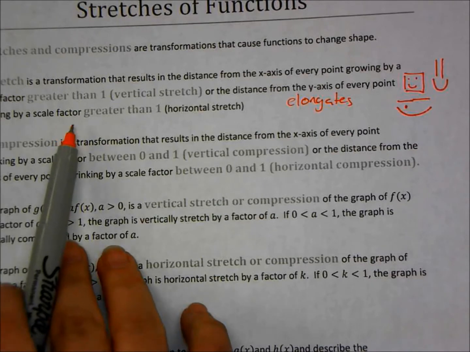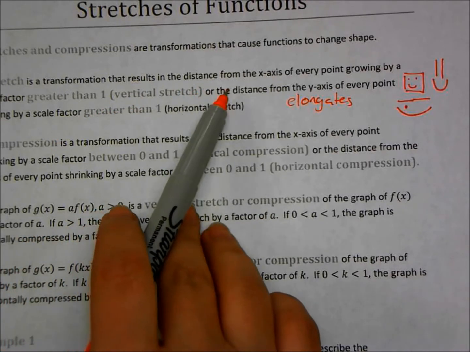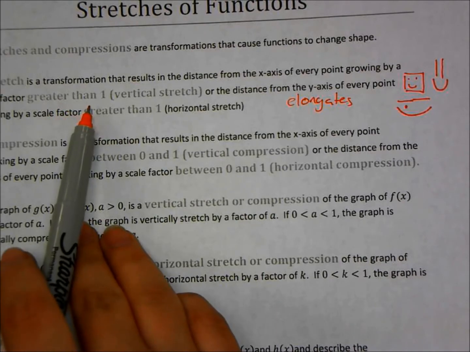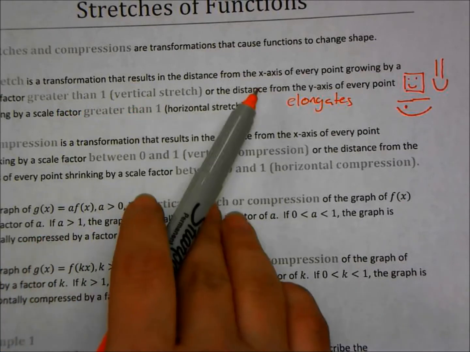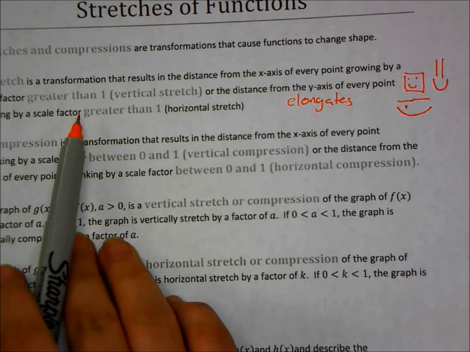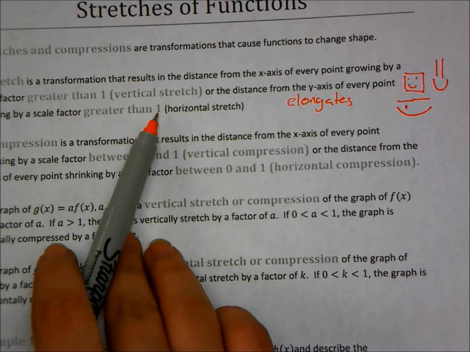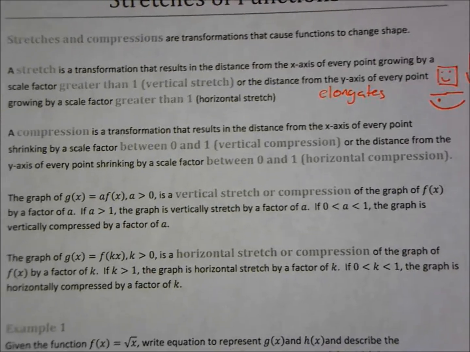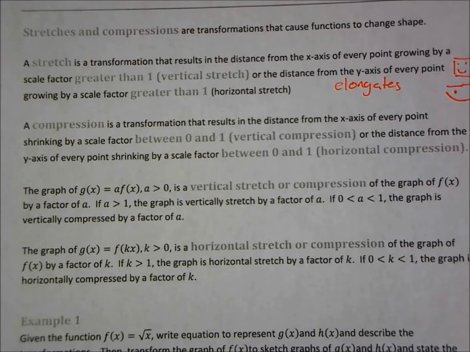Formally, a stretch is a transformation that results in the distance from the x-axis growing by a scale factor greater than 1. We call that a vertical stretch. Or the distance from the y-axis of every point growing by a scale factor greater than 1, which is a horizontal stretch. A compression is a transformation that results in a